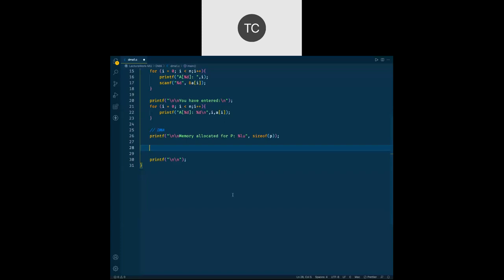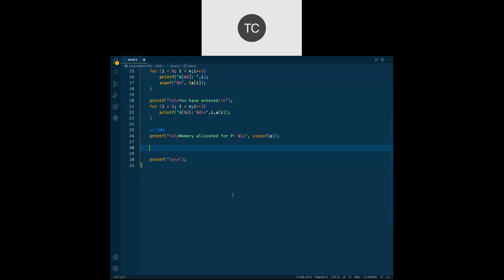P is a pointer variable which is going to store address. Address is always going to be unsigned integer, and it requires 2 bytes or 4 bytes. Right? In Turbo C you will need 2 bytes. GCC working on 64 bit, I require 4 bytes. So size of P is going to be 4 bytes. Now in 4 bytes I will not be able to store my 15 or 10 elements.